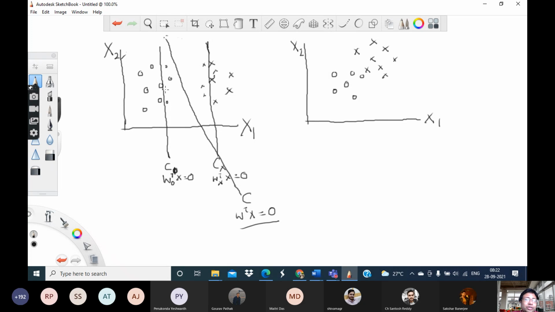So basically the problem with these two classifiers is that they do not leave much room for error, or margin of error. Unlike this one, which actually does leave enough space for any kind of deviation from the behavior of the training sets, right? So that is why I would probably prefer this one rather than this one or this one. Okay. Now before coming into this one, let's focus on these two things once again.